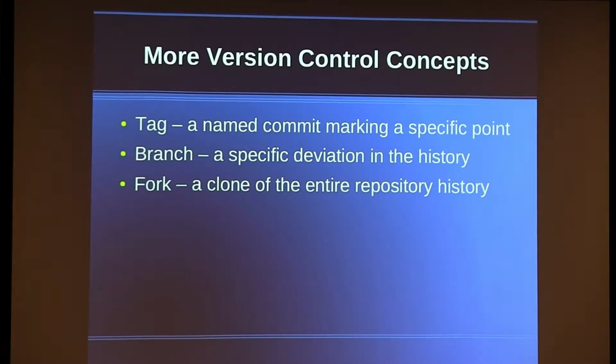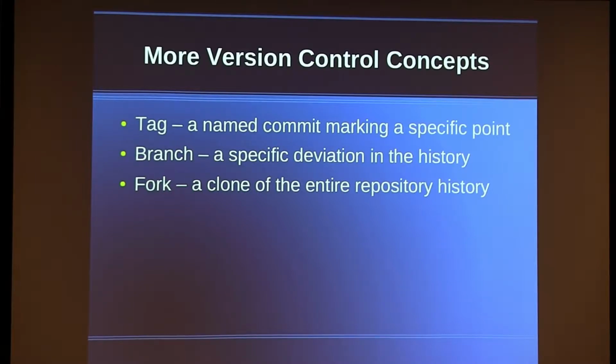So branches are where you can deviate the history. Let's say I'm working on something that's really important and I have a deadline next week, but I have a fun idea and I want to try something out, but I don't want to compromise my ability to get that thing done on time. So what you can do is create a branch in the history for your experiment. You can work on whatever that is, and then if you decide that was a bad idea, I need to go back and work on my original stable code and just get that done,